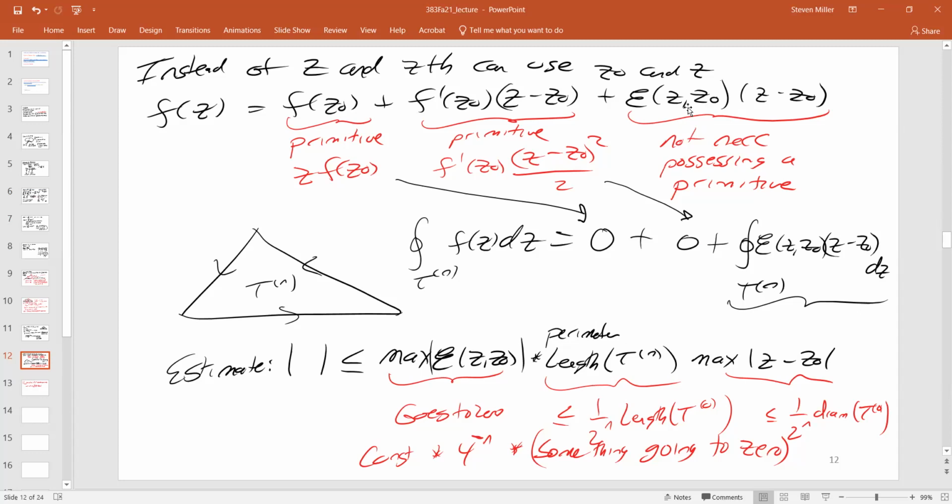Maybe I've decided to be evil or nice and give you the sine function. The sine function only has every other term. It's x then minus x cubed over 3 factorial. There is no x squared term, or there is, but it has a coefficient of 0. So if you were to try to do the Taylor series expansion of sine, you would actually have extra cancellation. It wouldn't be a z minus z naught squared term next, it would be a z minus z naught cubed term. That's okay. I'm just saying that the error is no worse than a z minus z naught. And that's essentially what's going on here.